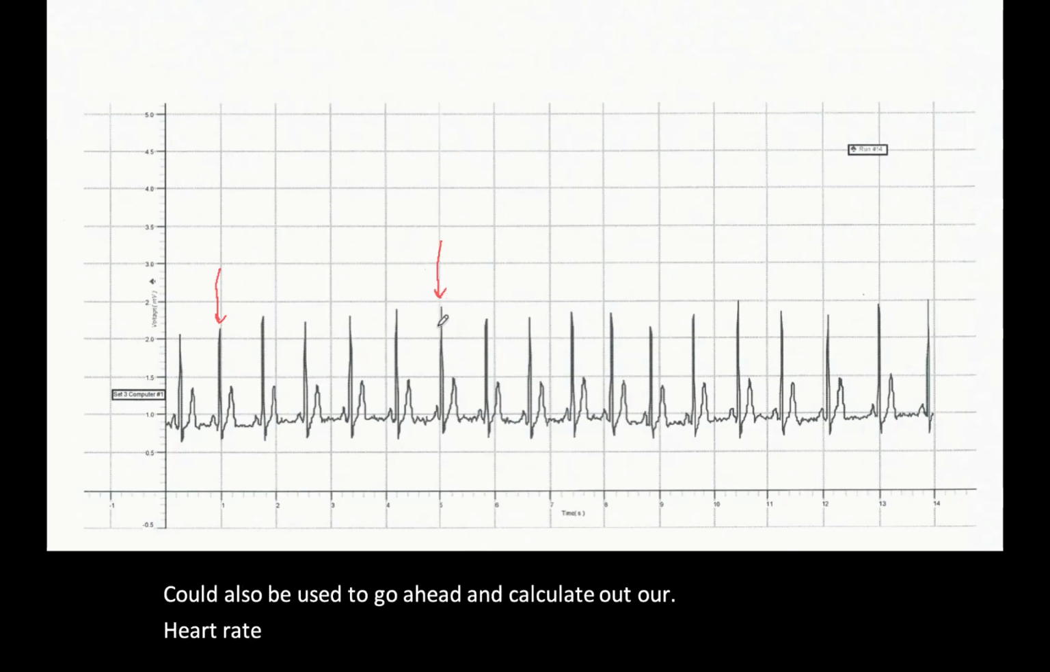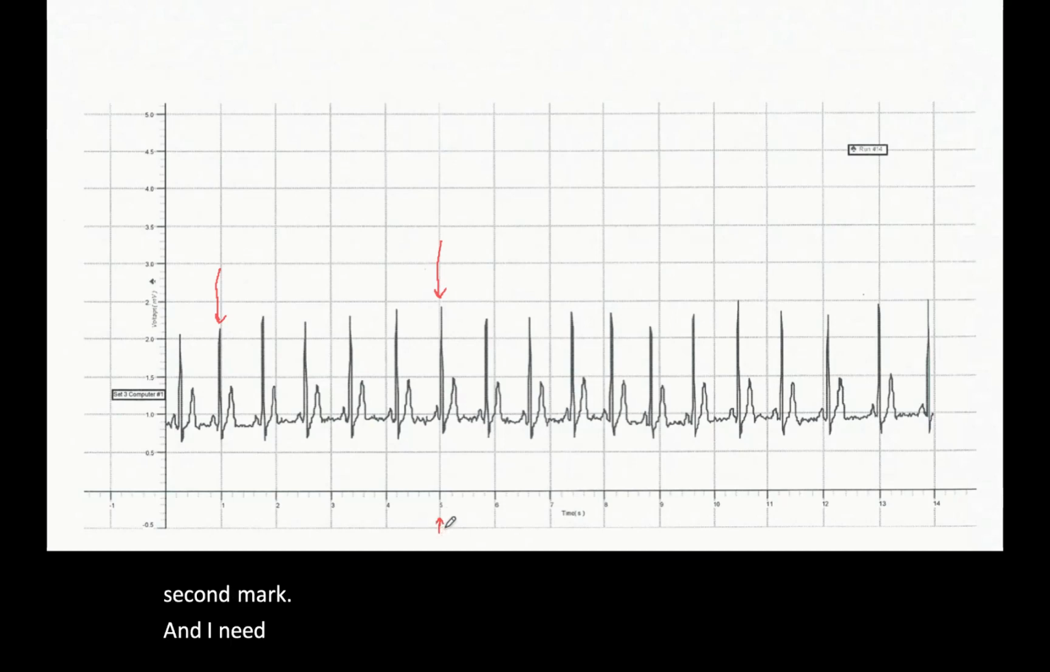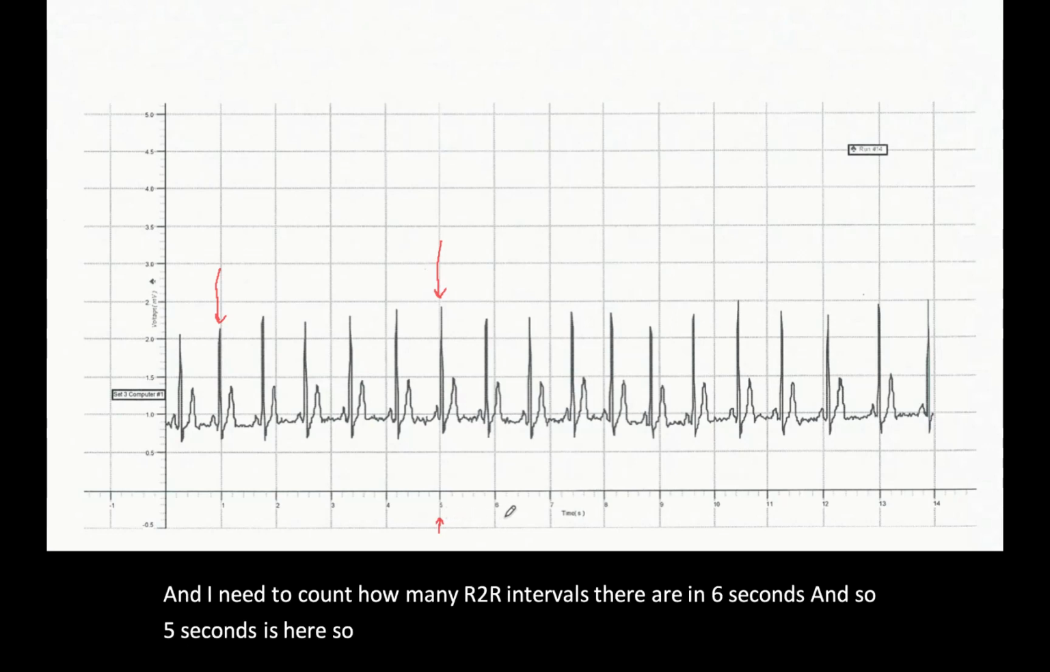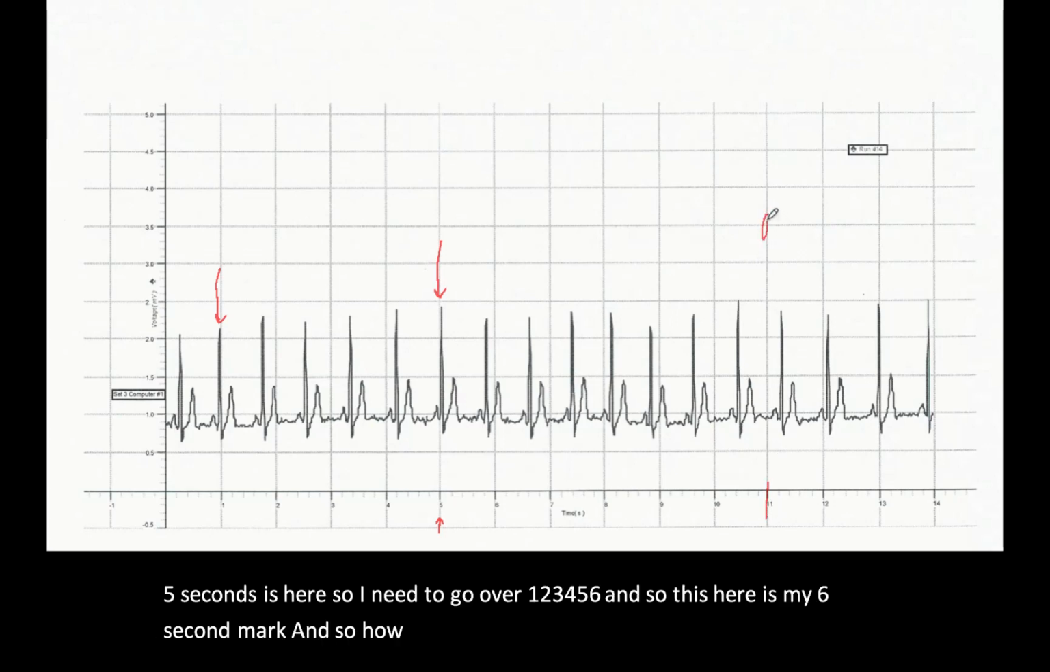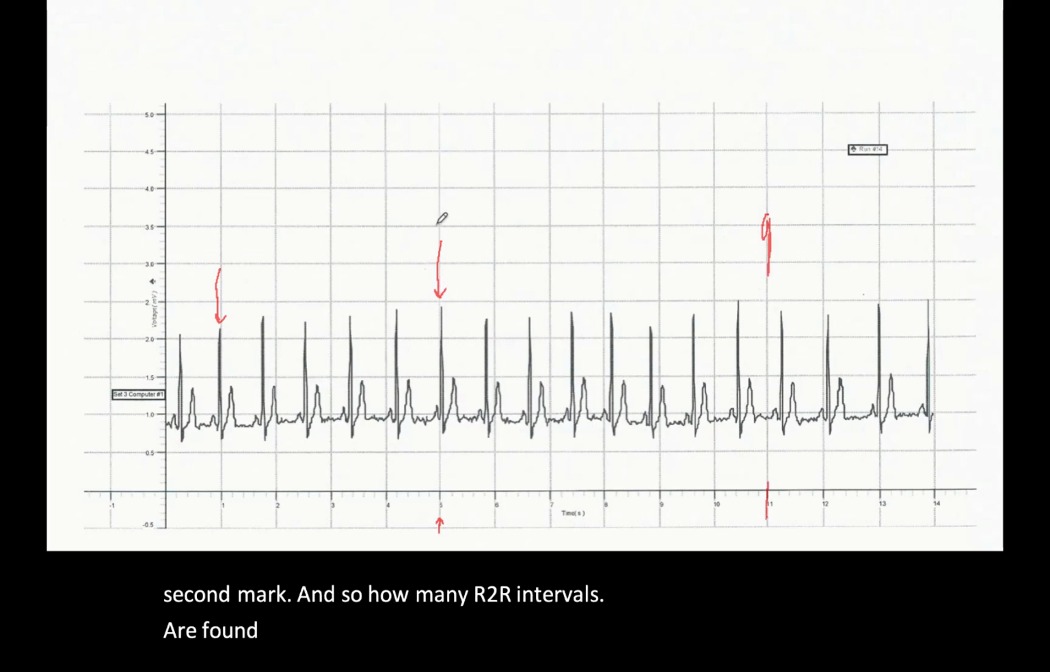And so I'm actually going to select this one here only because I have all of these guys right here to go ahead and count. So this is at the 5 second mark. Right, and I need to count how many R to R intervals there are in 6 seconds. And so 5 seconds is here. So I need to go over 1, 2, 3, 4, 5, 6. And so this here is my 6 second mark. And so how many R to R intervals are found between point A